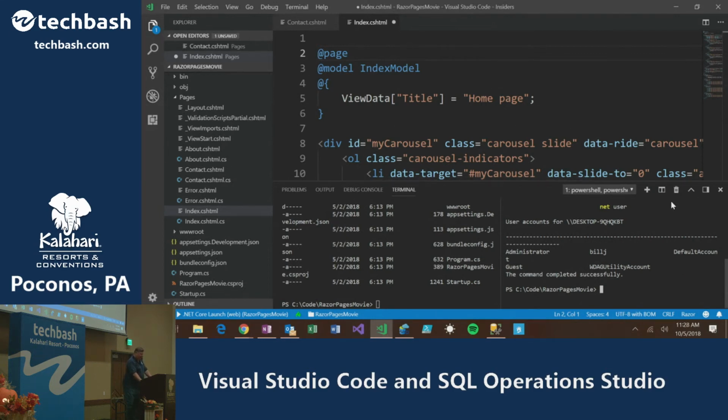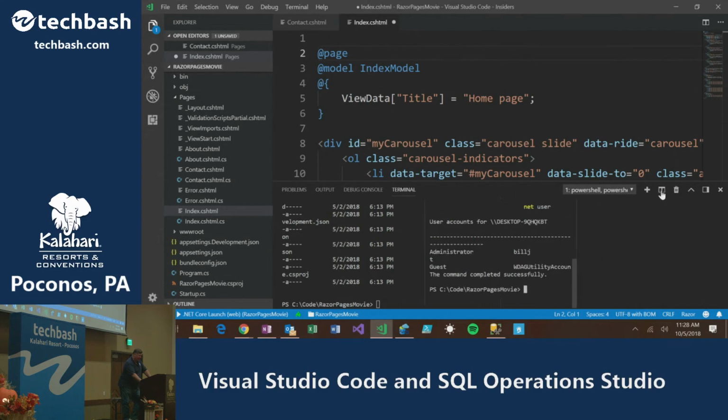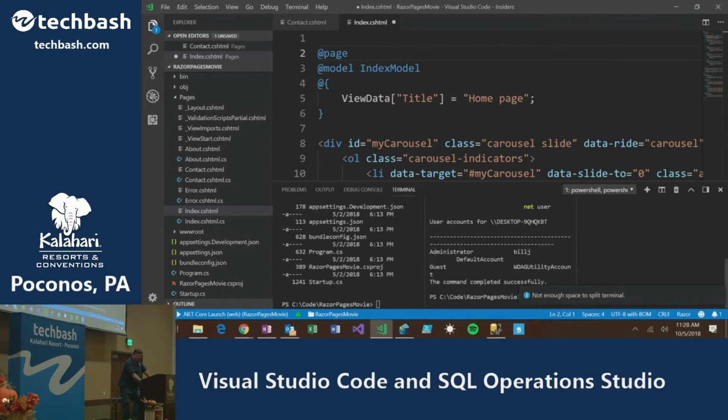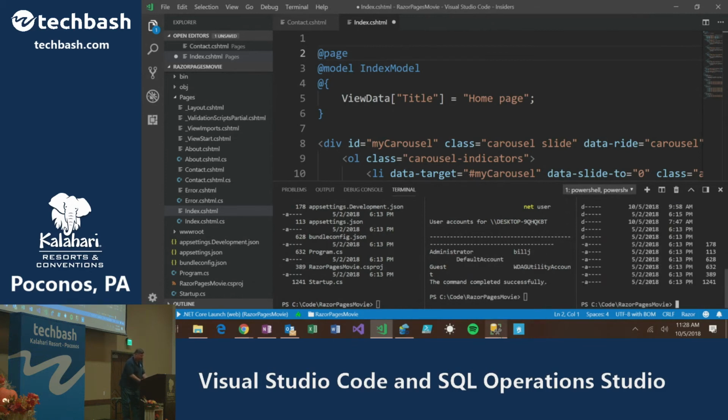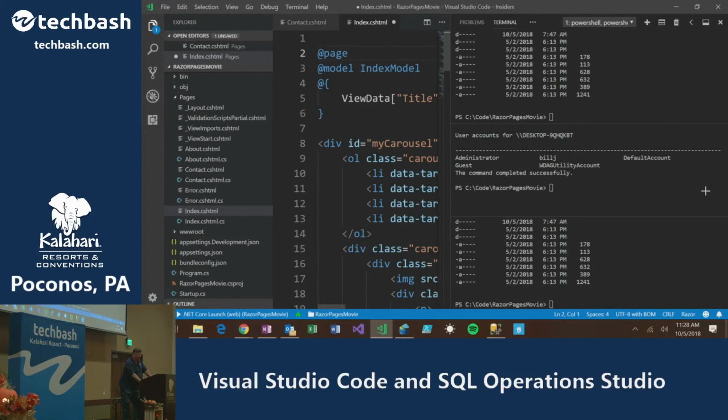Now, did you know that you could make as many of these little windows as you want? Whoops, apparently not. It's limited by your screen space. And if you want to switch between them, you just do an Alt left and right. So you can very quickly work on that one. You can go over to this one. And just to make things interesting, you can put them on the side. And that way you can hardly even see your source code.